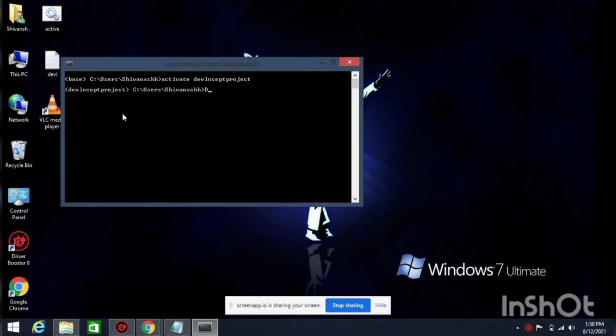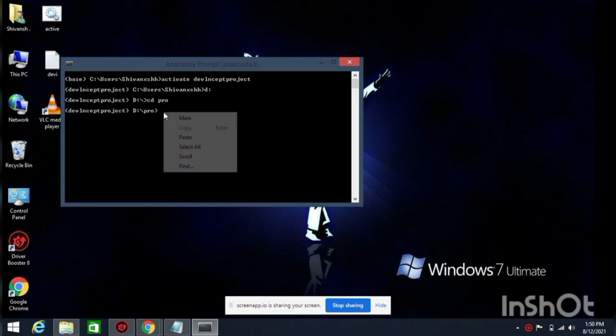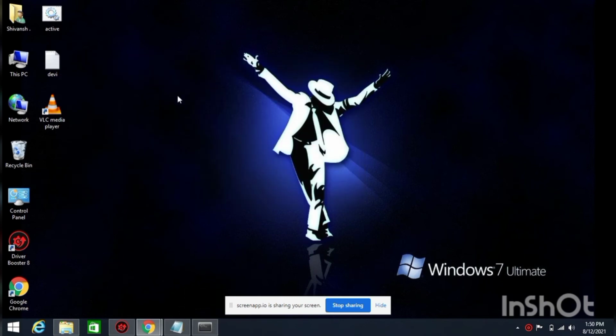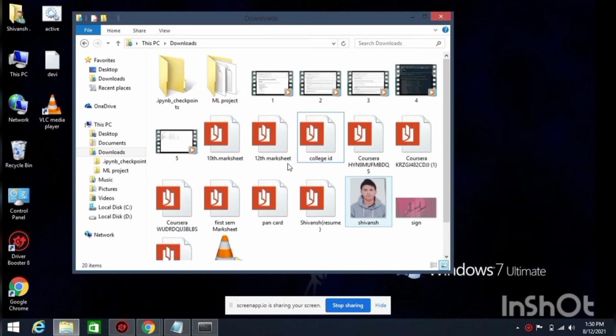Now go to the directory in which you have placed your ML model, and paste this command here, pip freeze > requirements.txt, and after pressing the enter key,